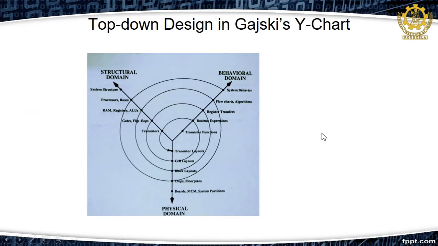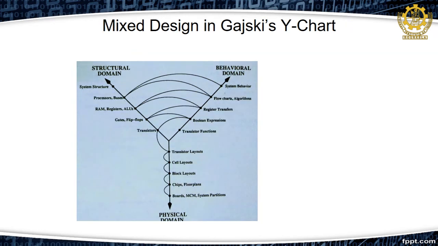So if we modify the Gajski Y chart, containing 3 different domains or aspects of hardware design, this will demonstrate the top down approach. The reverse will demonstrate the bottom up approach, from transistor known modules going up to the complex desired behavior at the system level. It shows that for a very complex design like a microprocessor, doing a bottom up approach is not advisable. Then there is the mixed type of approach.